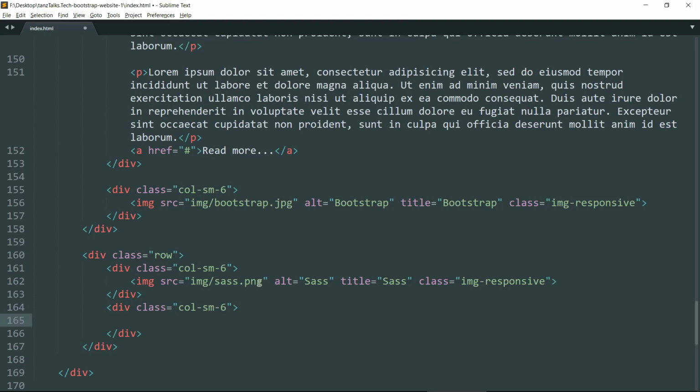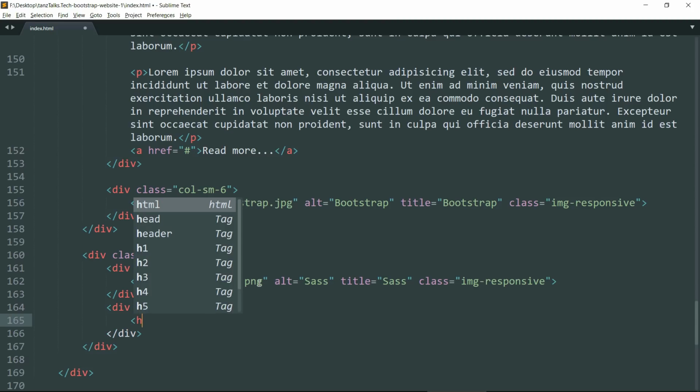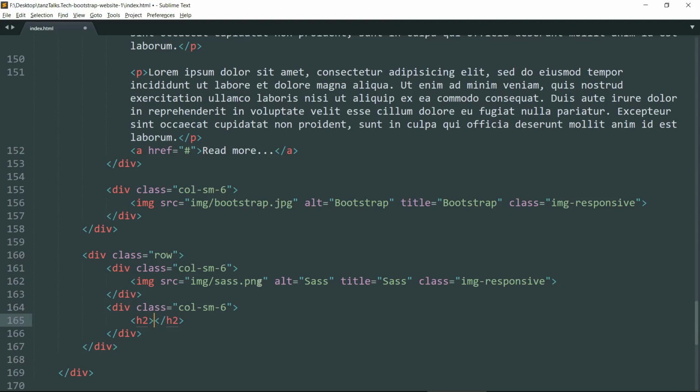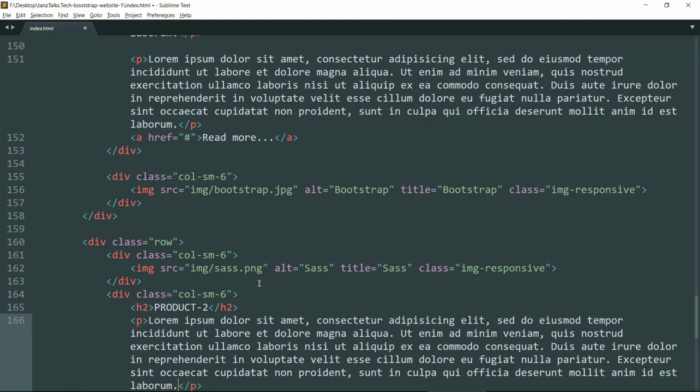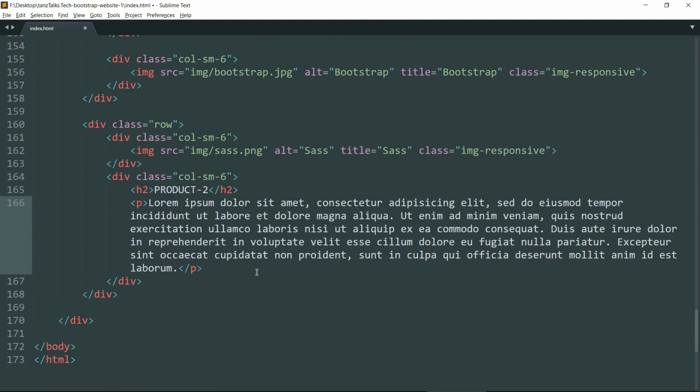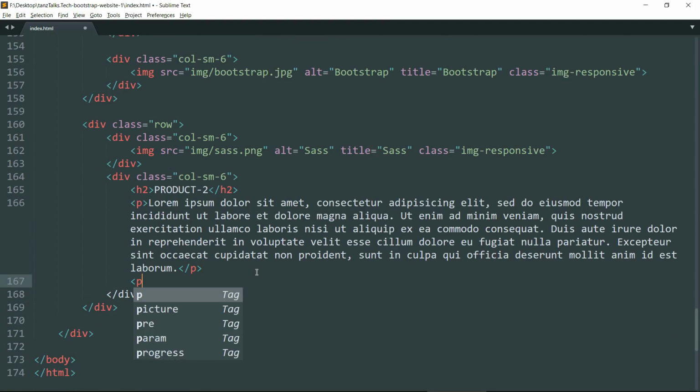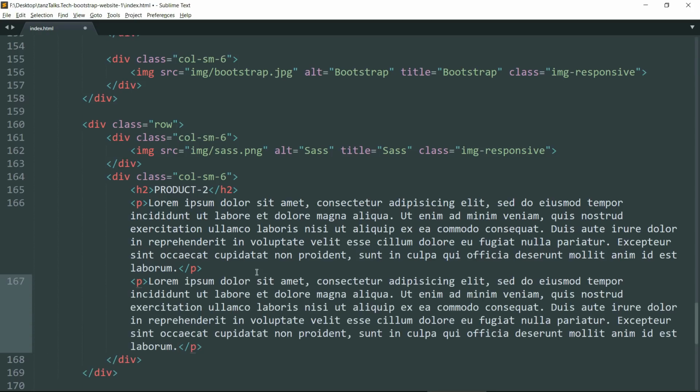Okay, now drop down and create an h2 tag and write product-2 as text. Okay, then create a p tag and paste the text that we copied earlier. Now drop down and create another p tag and paste the text once again.